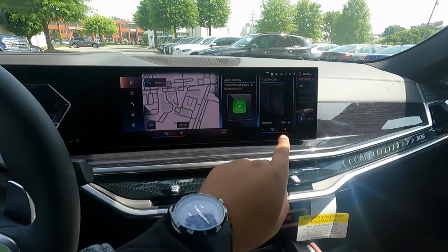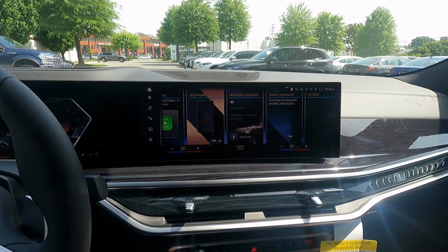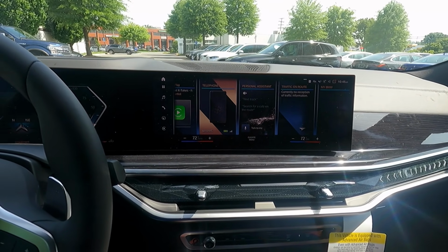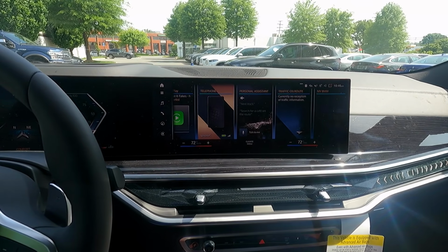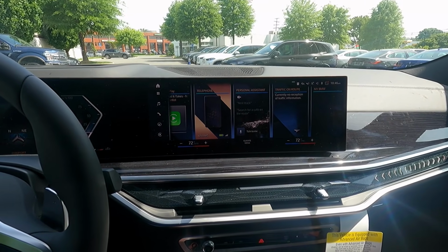But I'm going back into your infotainment. You have your phone connections, a personal assistant right there, so you can say, hey, BMW. Change ambient lighting to red. Great. I will set the light color to coral. As you can see right there, the function basically works like the Hey Mercedes function, so it is pretty cool